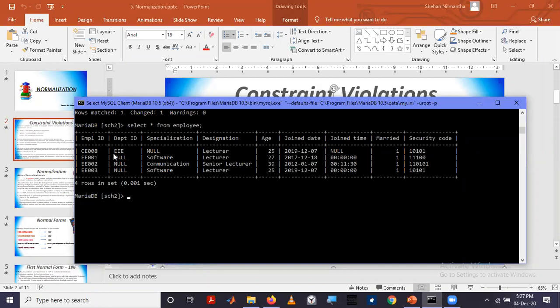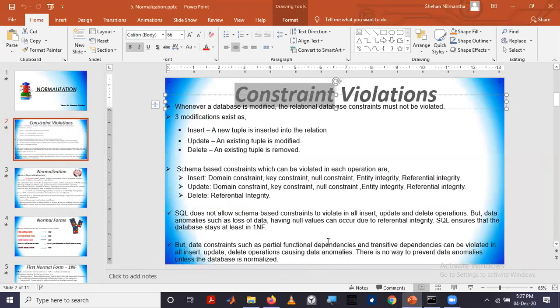That means convert the data dependency into a schema-based dependency. That is the simple idea of normalization, because this kind of data anomalies can occur by violating the data dependencies. And the other motivation for normalization is the repetition of data, right?